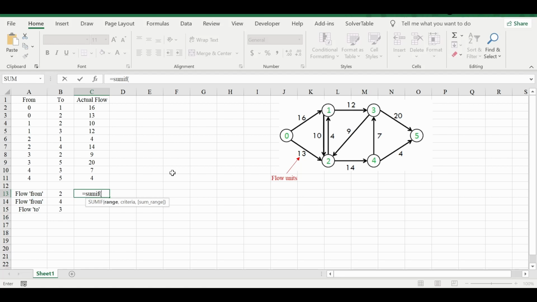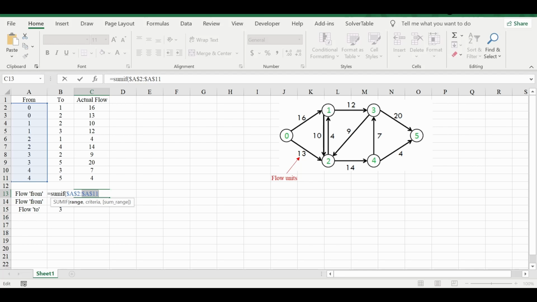So how to write a SUMIF function? The first argument of the SUMIF function is range. This range is your from range, that means this from column. You select this from column and you have to make this fixed in all practical cases.